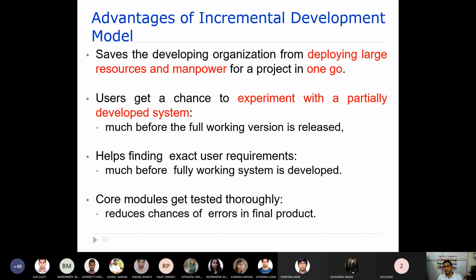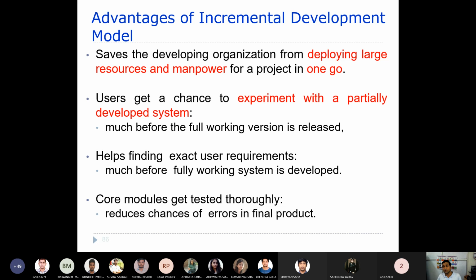When the user uses it, they keep on giving feedback, and based upon the feedback you refine the system. So requirements are also extracted by this sort of approach.